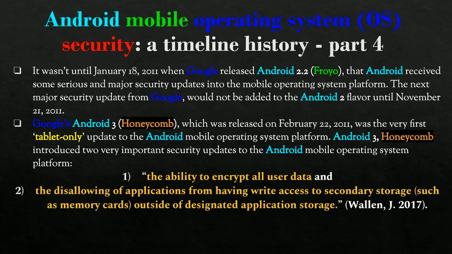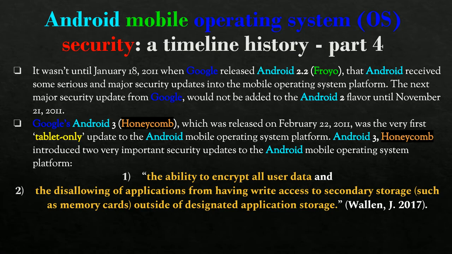Honeycomb, what I was saying, introduced two very important security updates to the Android mobile operating system. You see where I color coded it in dark yellow; this is just a note for the instructor, that I have the proper citations and everything, but this just means that this was the author's own quoted words.